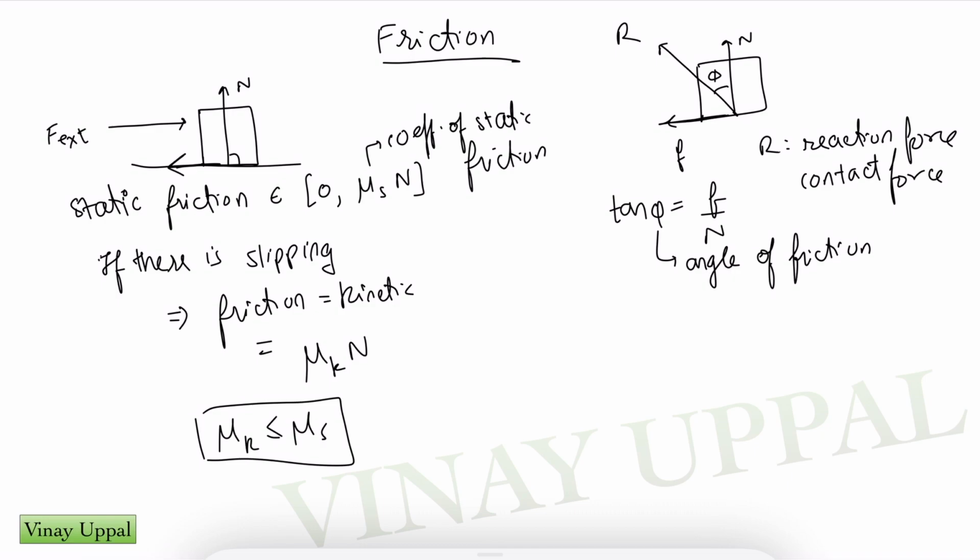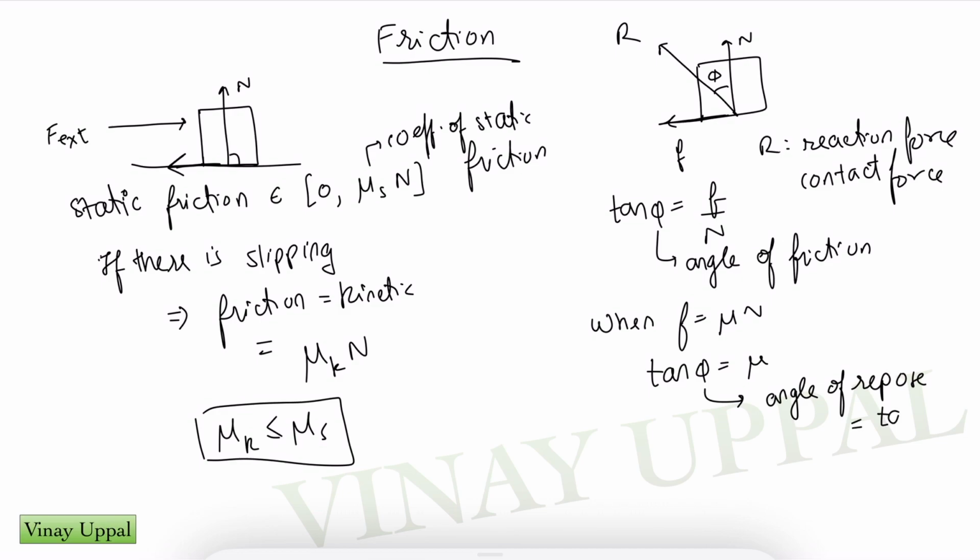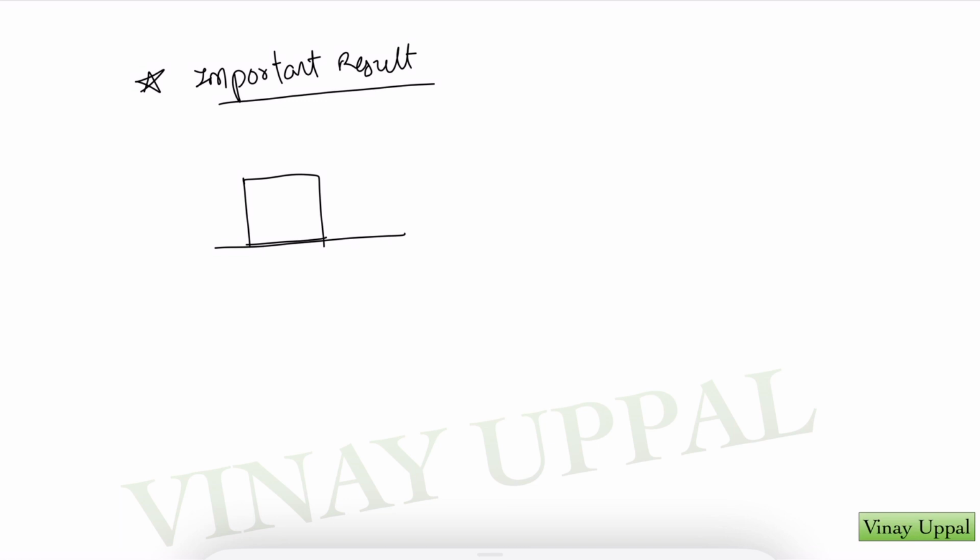And when friction is at its maximum value, tan phi will be mu. This is called the angle of repose. This is tan inverse mu. Now one very important result is that if you want to displace a block, if you want to move a block which is at rest, and you want to find the minimum force required to do that, so I have coefficient of static friction as mu s,